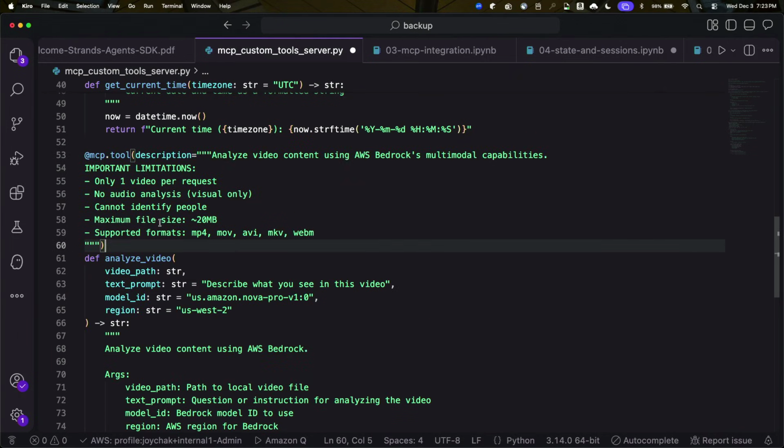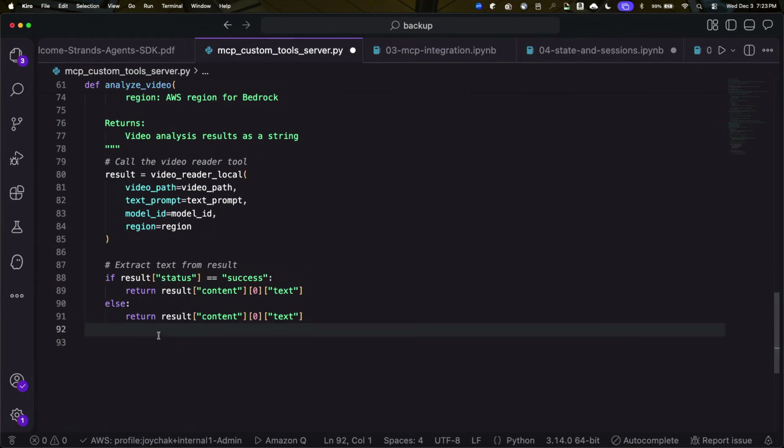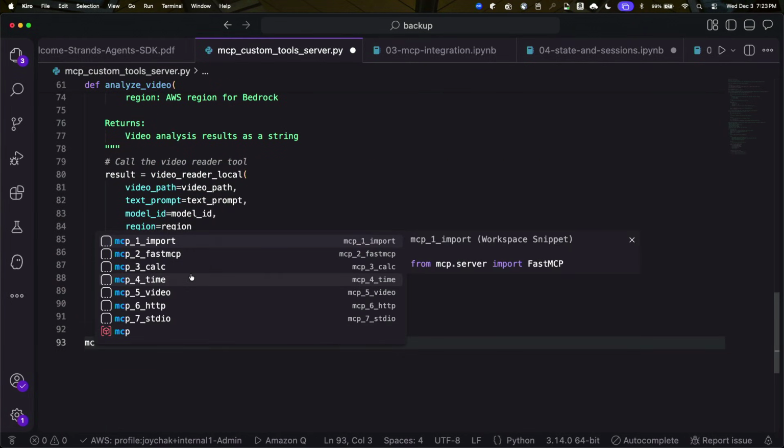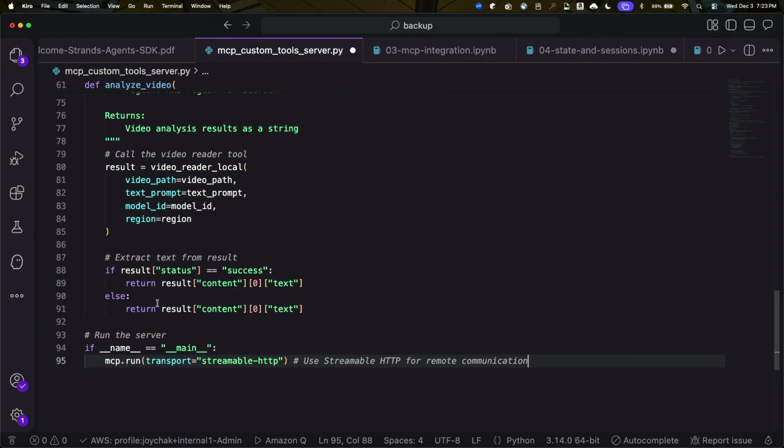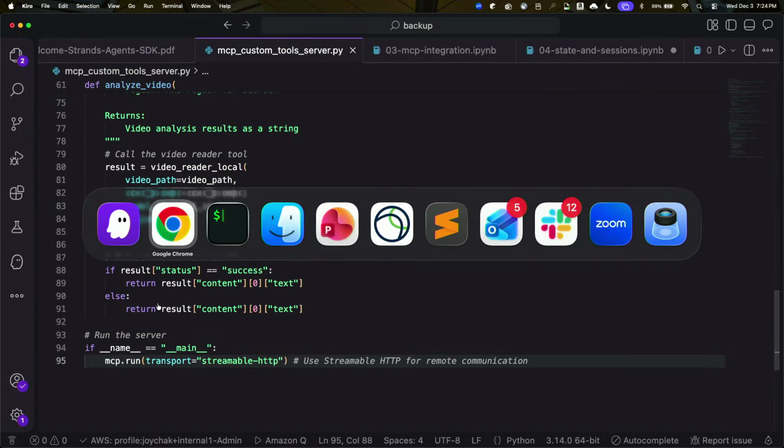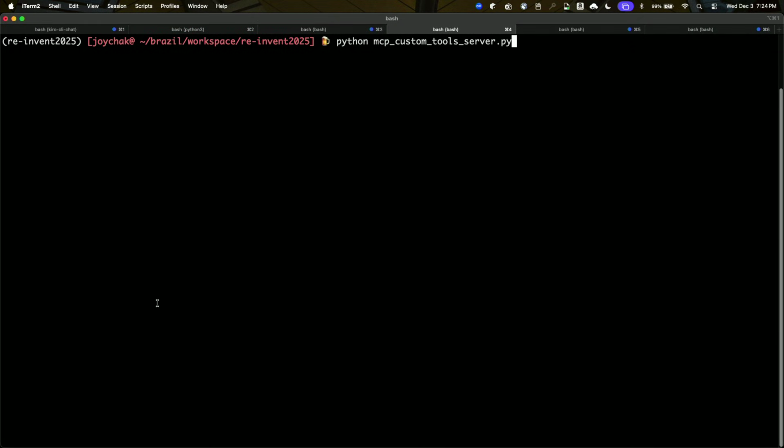Now, once I apply this, I need to start this MCP server. To do that, I'm going to use the MCP class. But please note, here I'm telling the MCP server to run as streamable HTTP as the underlying communication protocol so that I can run my MCP server in a remote process or on a remote server. Once this is done, this is a simple Python file. I can come to my command prompt and run this file using the Python command. If I do that,